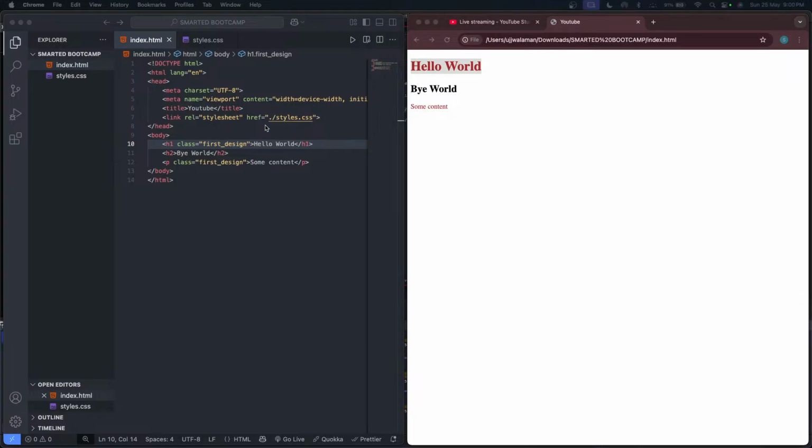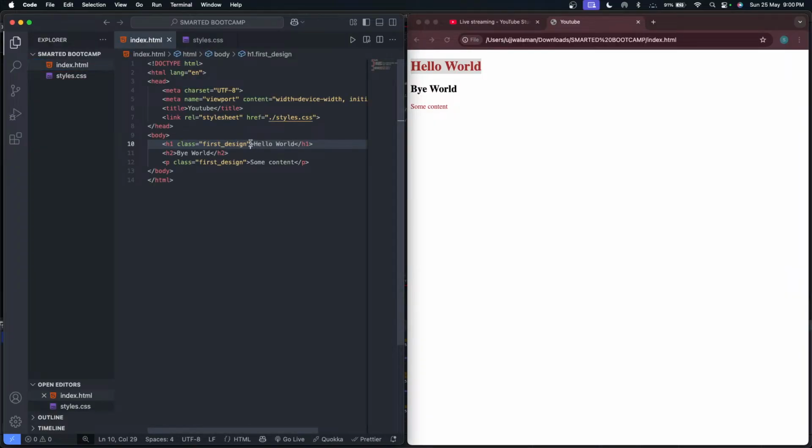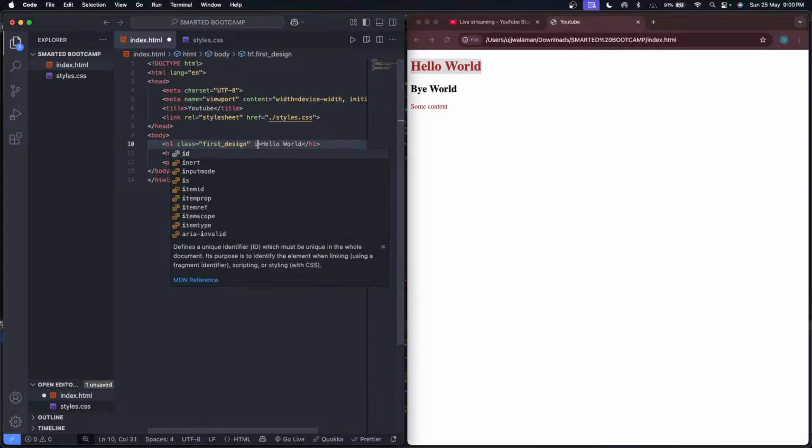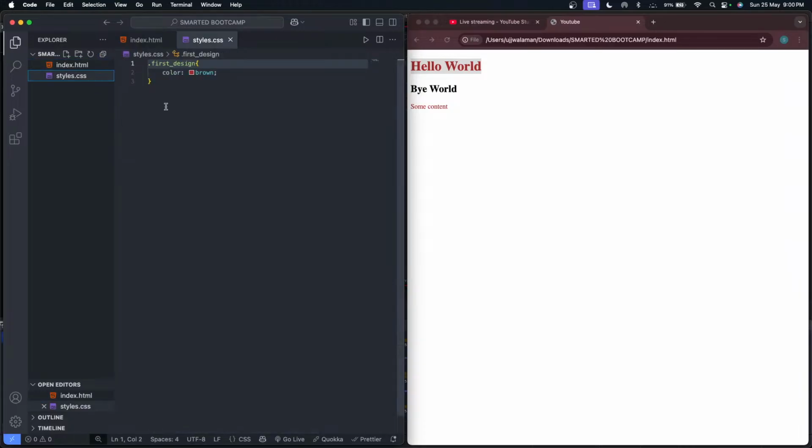Now the ID selector has its own specific symbol to select. So this is a dot, right? Similarly, we have a certain symbol for IDs also. Now how do we add an ID? An ID is also added as an attribute. So we give it ID equals design as an ID. This is how we add an ID. All right, now how do we select an ID? We use a hashtag. So we write a hashtag, the ID, and then the same opening and closing curly braces,